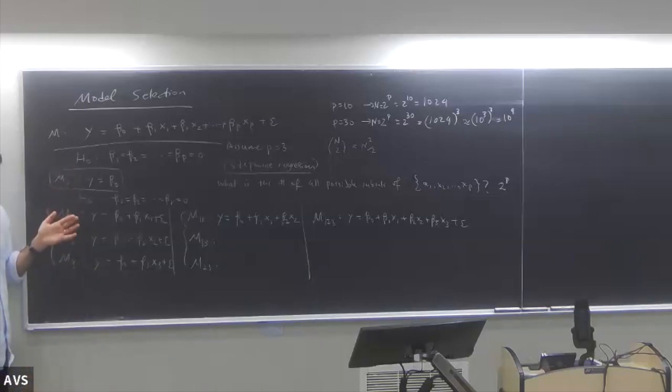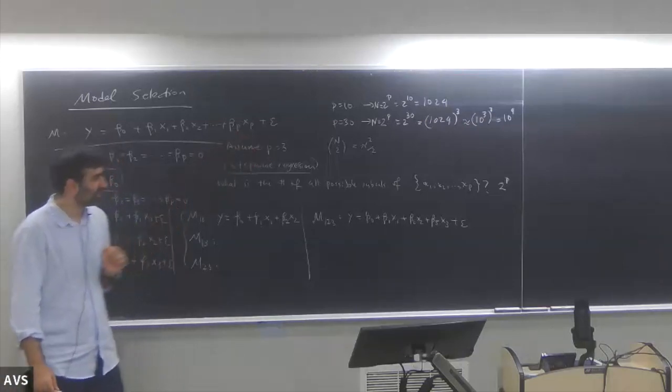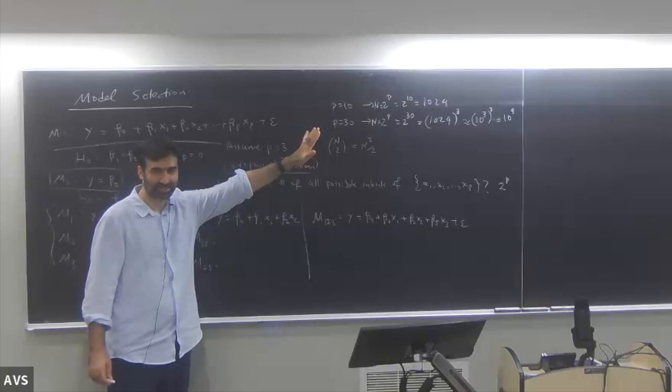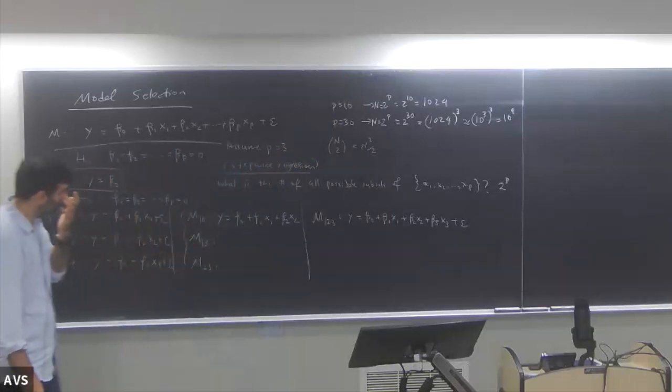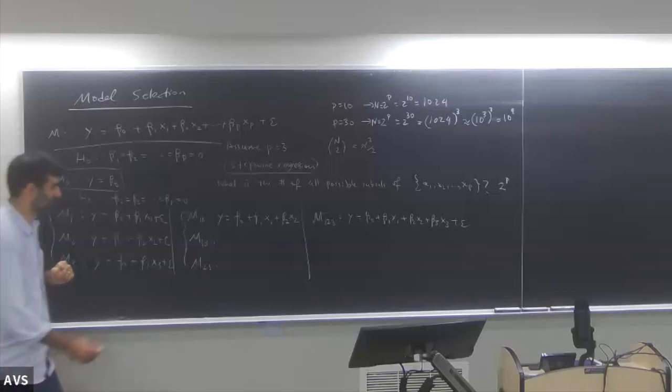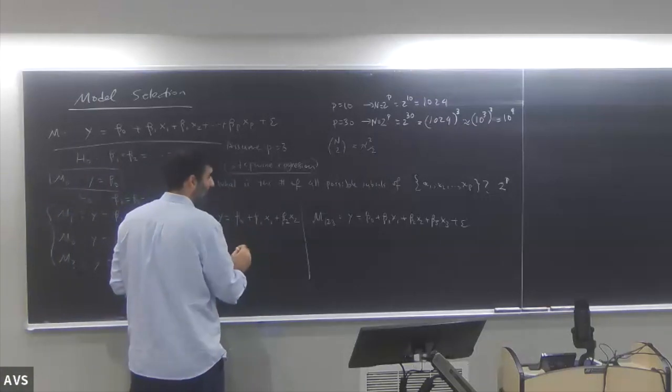So the general idea is to try to assign some scores to these models, like classical approaches, and then compare them based on their scores. At least you compare like n of them. But if you start doing this, you'd see that it's going to become hopeless very soon. Some of the procedures that I'm going to talk about would work for general p, but they're really feasible only for small p. So what we can do is